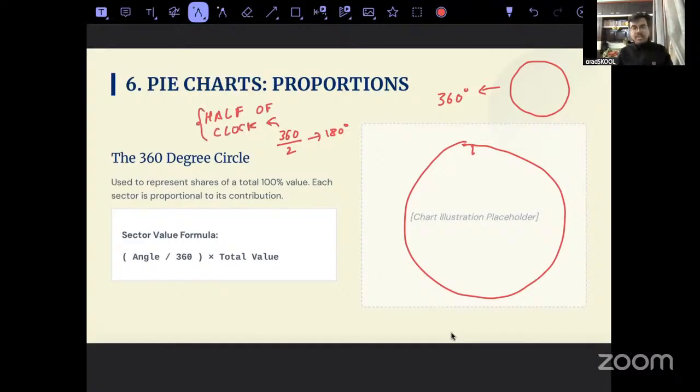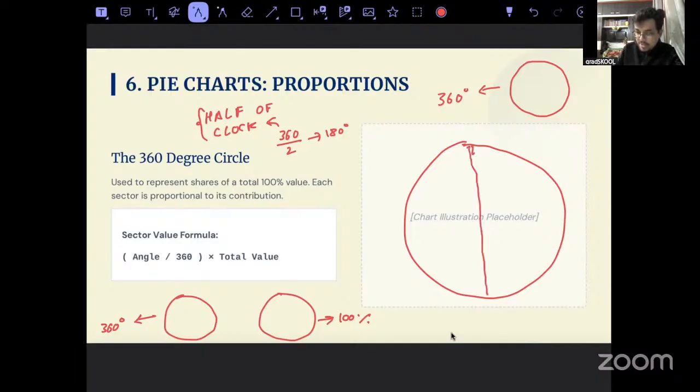Cool. This is just for conceptual purpose, because if I say this is a pizza, this is a clock, both are in the form of circles. Here this is how much? 360 degrees. This is how much? 100%. Now let me break it into an easier manner. I told you if I divide a pizza into 4 equal parts, it will be 25%. This is 25%, again 25%, 25%, 25%.